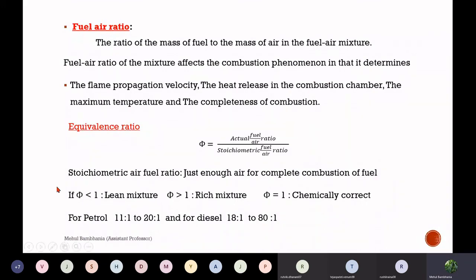Now, rather than air fuel ratio, there is a more important parameter called the equivalence ratio. What is the equivalence ratio actually? See, in the ideal condition, what happens actually? Air, fuel, and the desired temperature. When this triangle is complete, then combustion will start. And to make sure of complete combustion, this triangle must be justified.